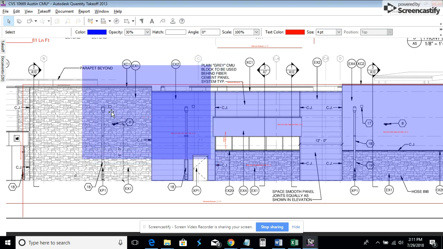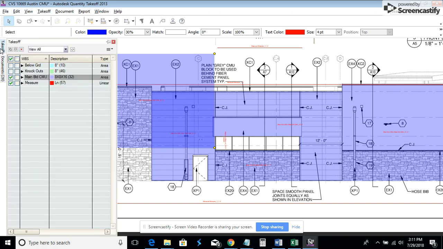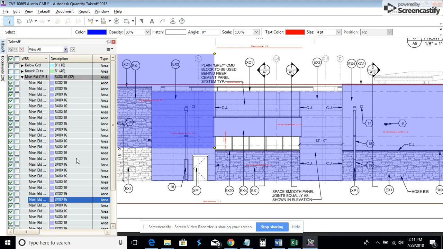Okay, the reason we're keeping this one highlighted, if you see the little 4 points there, is so we can know exactly what that part of the wall measured. I would go back to takeoffs. You can see here the main building CMU is highlighted. You can see all of them here. Since this one is highlighted, it's talking about this section. You can put your cursor on top of it, and that one says it's